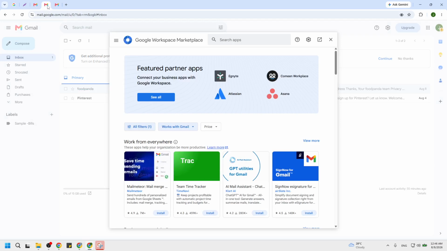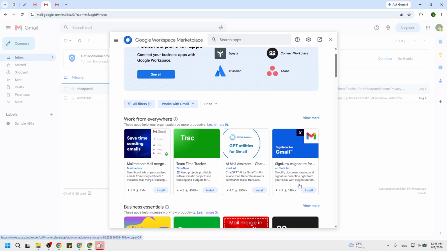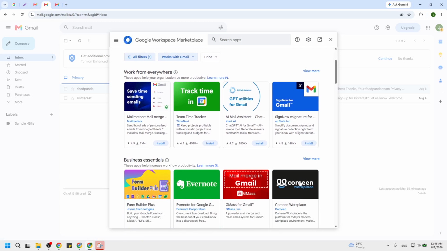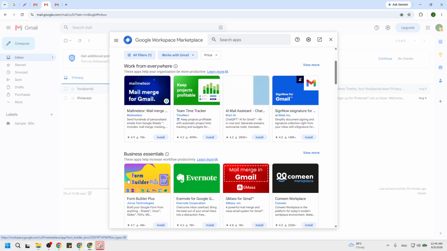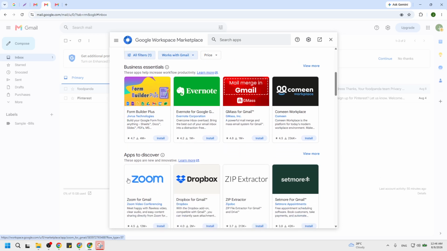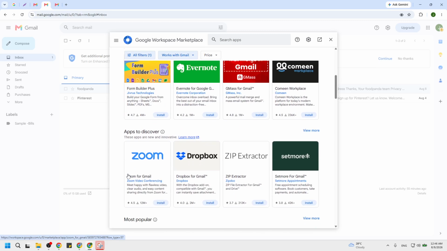Next up, browse or use the search bar to find an extension. At the top of the Marketplace window, there is a search bar. You can type a tool name you already know, like a calendar helper, or a type of task, like email tracking. Press Enter, and the list updates to show matching extensions. Or you can scroll through the categories and featured cards if you just want to explore. Each card usually shows the extension name, an icon, star rating, and how many users it has. A useful tip here, higher ratings and a large number of users often mean a more trusted extension.